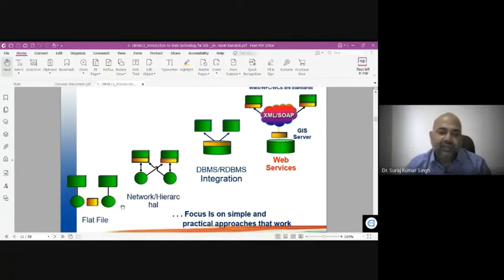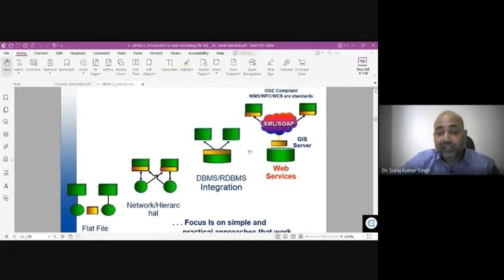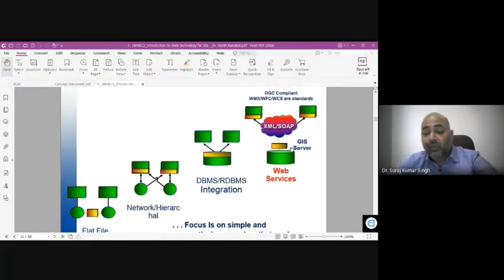We started with the flat file like the university system, then moved to network and hierarchy systems, then to database management systems, then to relational database system integration, then to the GIS portal, and finally we move all these databases into our web service, where we have a GIS server where all the data sets will be uploaded, either through XML or through SOAP.